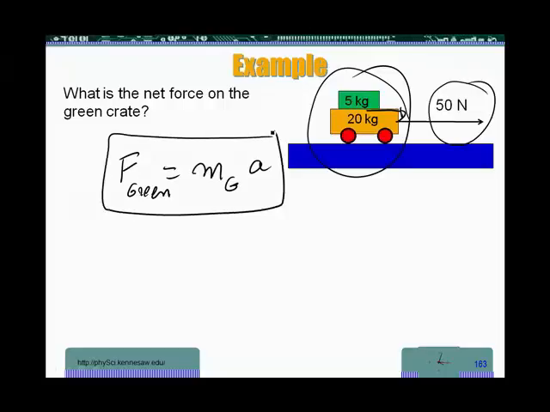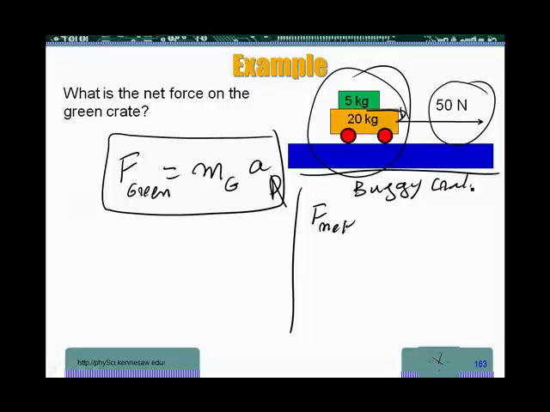To be able to use this, it's a lengthy problem. Not very lengthy, but a little lengthy. We have to find the acceleration. The nice thing is, the acceleration of the buggy and the crate is the same, since they are moving together. So we need to try to find their overall acceleration in the beginning. So what we do, the net force, we analyze the buggy and crate situation. The buggy and crate together, their net force, we said, is 50 newtons,